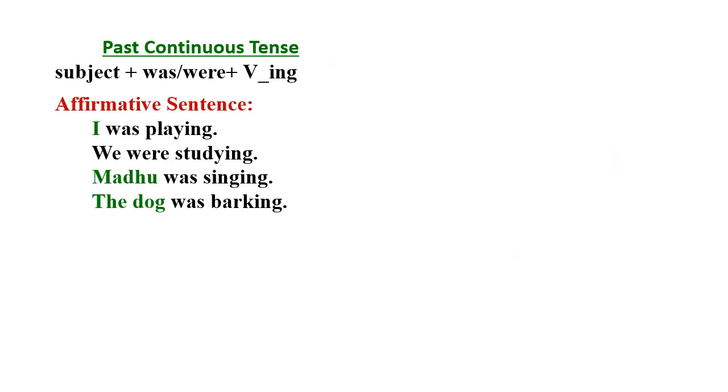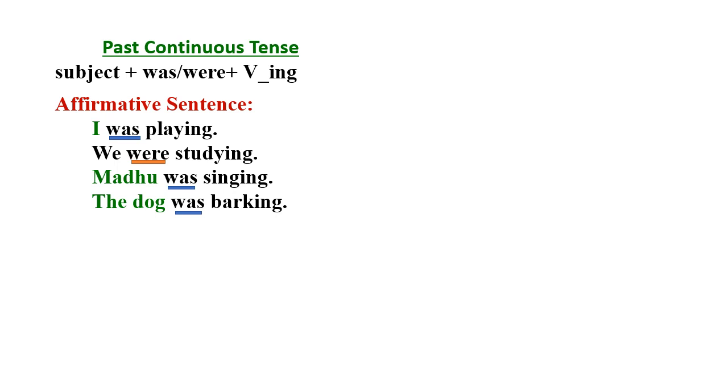To frame a sentence in the past continuous tense, simply add the helping verbs was or were after the subject, and then add ing to the verb. Now, you might have a doubt where to add was and where to add were. If the subject is third person singular like he, she, it or a name, then you have to use the helping verb was. If the subject is anything else, use the helping verb were. And then with the verb that follows the helping verb was or were, add ing.